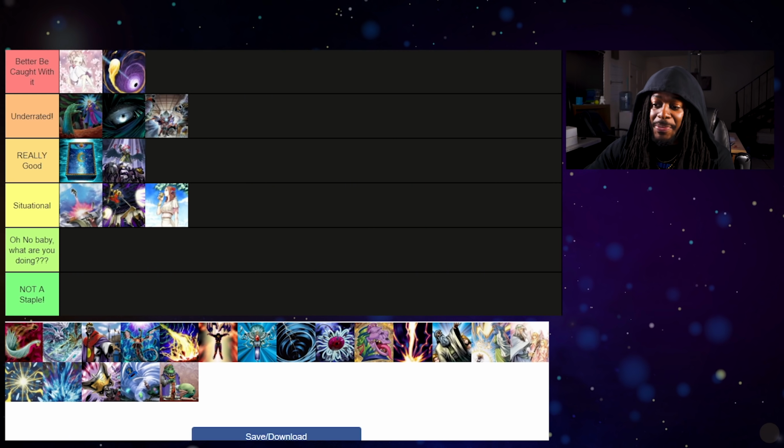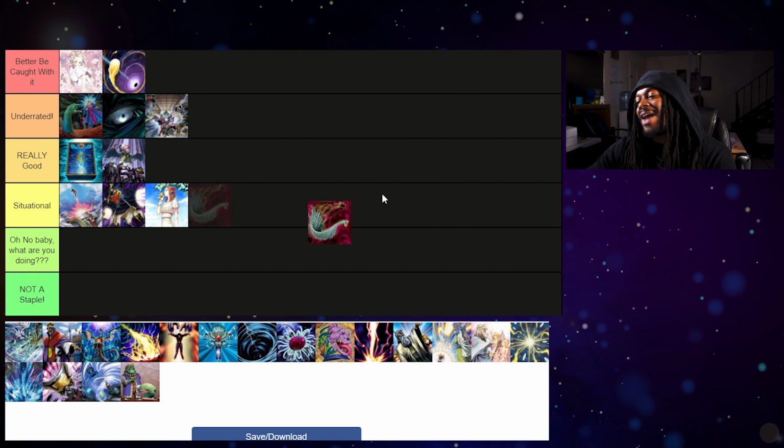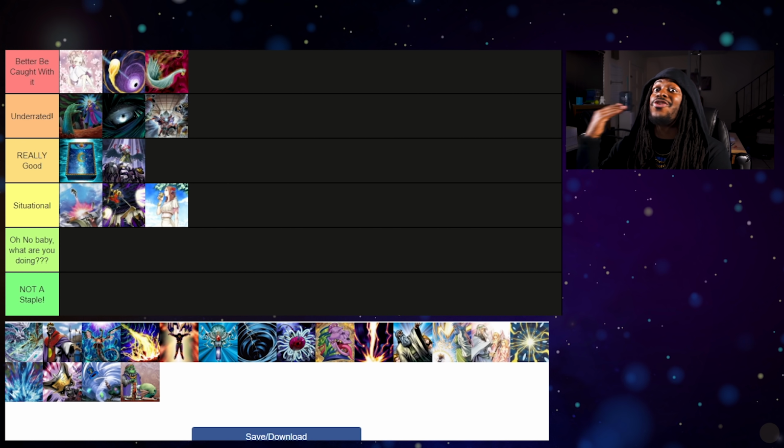And that's where Droplets moves from the better be caught with it to the really, really good category. Harpy's Feather Duster, though, is not a... nah, I'm just playing with you. Harpy's Feather Duster is a card that you better be caught with. Seriously, if Cosmic Cyclone is here, Harpy's Feather Duster is here. Harpy's Feather Duster literally should be the first form of macro, what is that? Harpy's Feather Duster should be the first form of back row removal that you should be looking into your main